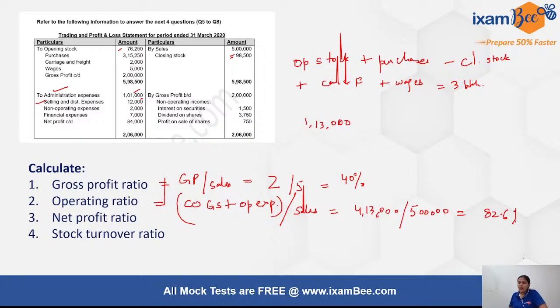So this is how I had to solve this particular question. So operating ratio, actually the confusion that some students have had in this question was that many of them actually calculated the operating profit ratio, and that was also given in the option, and therefore they ended up doing it incorrectly. Okay, so we have to be careful